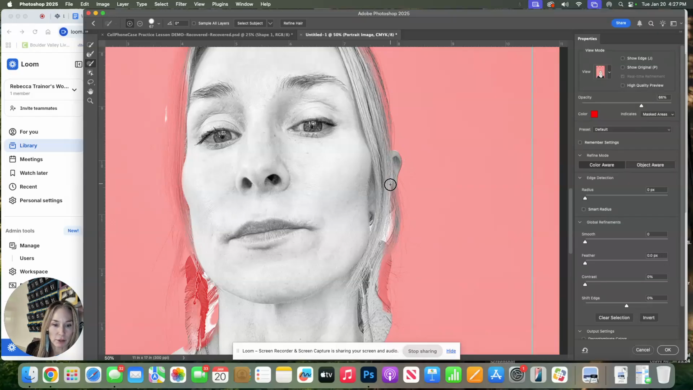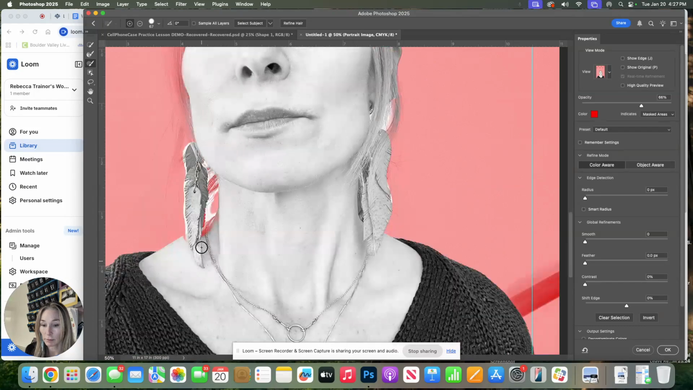So I need to bring that ear back in. I kind of need to bring in this little bit of my hair. This part of the earring needs to be added because that got clipped. It doesn't have to be perfect. We can refine this later, but you can kind of see how just painting over it with this tool is going to allow it to be added back in. Okay, and I definitely want that part of my shoulder. That needs to be in there